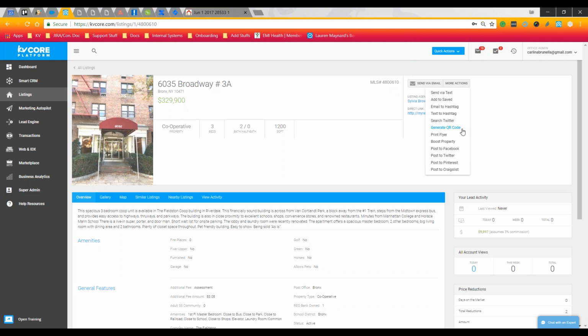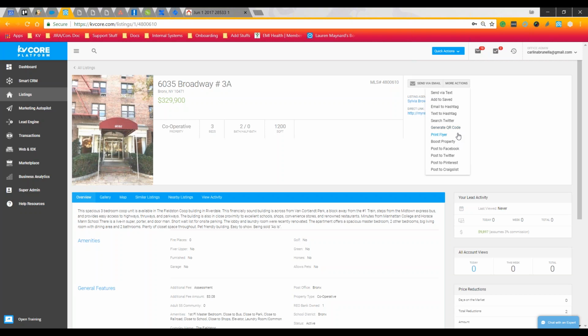We have a lot of different moving parts in our business, so we can't always be available, and the homeowner will probably almost never be available for when a visitor stops by looking at a property or drives down the street and happens to see the sign and stops and wants to take a look around. Not always available to actually give them a tour. So if they want to see the interior pictures, generating a QR code or using a text code to send them a link to the property details and pictures on your website is a great way to accommodate that or